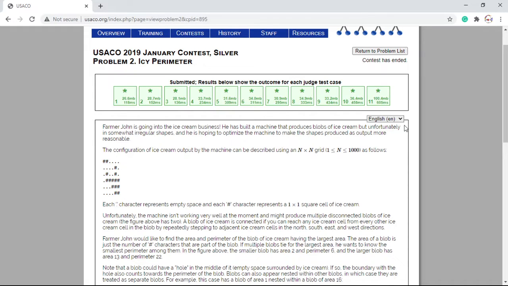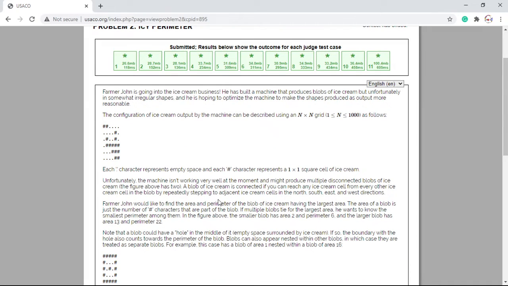Farmer John is going into the ice cream business and he has built a machine that produces blobs of ice cream, but unfortunately in somewhat irregular shapes. And he is hoping to optimize the machine to make the shapes produced as output more reasonable. The configuration of ice cream output by the machine can be described using an n by n grid as follows. Each dot character represents an empty space, and each hash character represents a one by one square